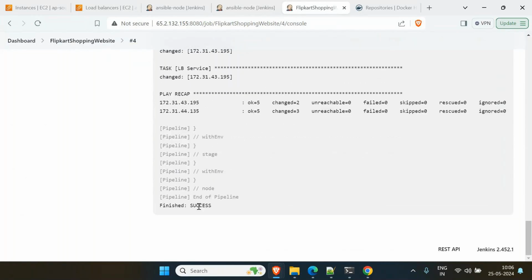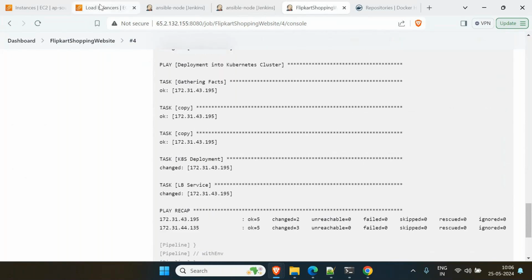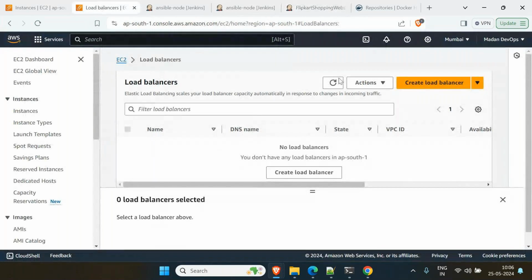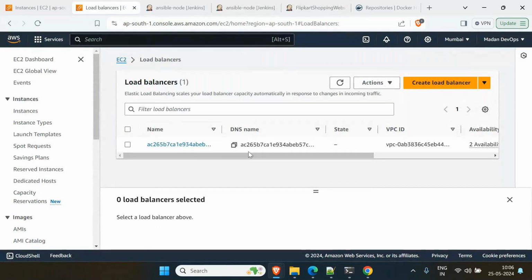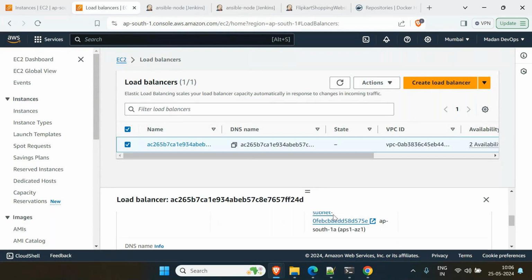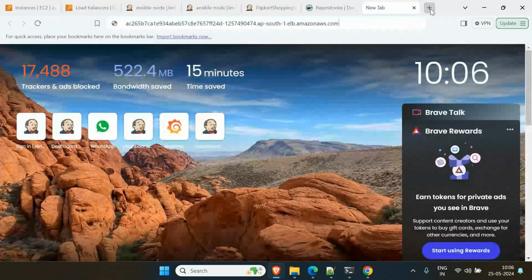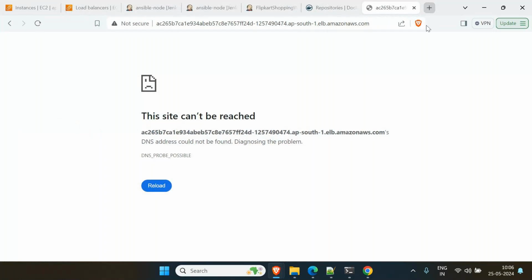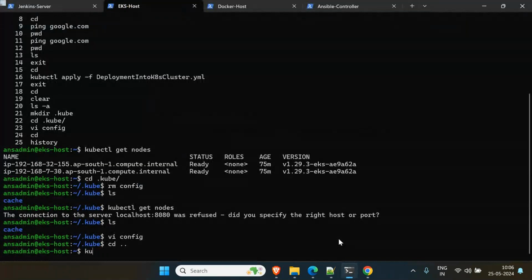Now the deployment is everything done, finished, success. Okay, it is done now. So now let us go here and see. Just refresh here. You see, we got our load balancer. Now I can connect to our application, same thing which we used to do before. The DNS name. You have to give it some time. It will take some time. Okay, Control V here. Press enter. You have to wait. Meanwhile let's get here and run kubectl